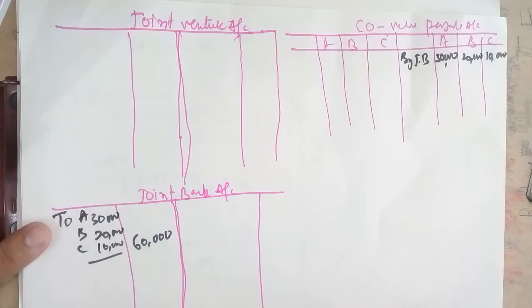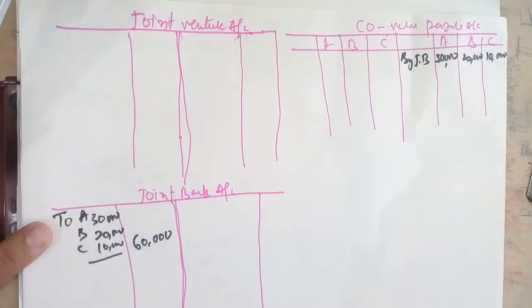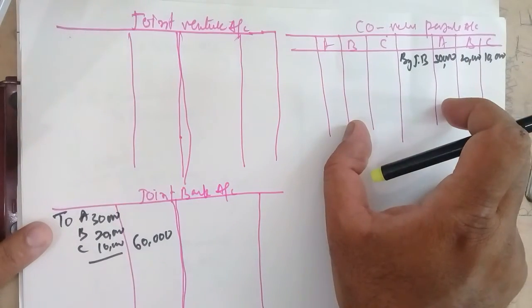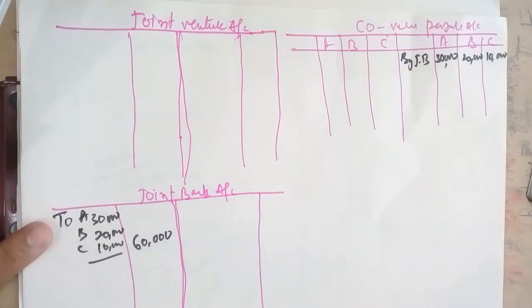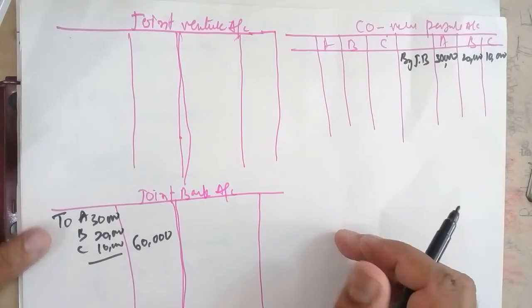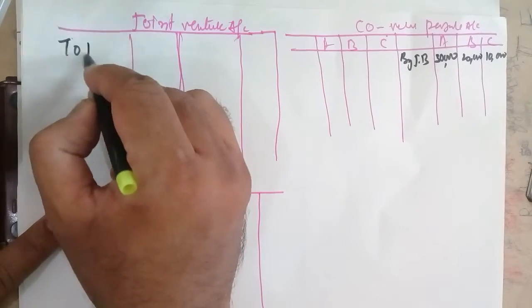Once these people have contributed the money, which is debited in joint bank and credited in their personal accounts, now they are purchasing machines. Purchasing machines for the joint venture is an expenditure. So expenditure should be debited in the joint venture account. The entry would be joint venture account debit to joint bank account. As I told you, everything should be routed through these three accounts only. Whenever a share comes, we can open a new account, but amounts will be routed through this account. So joint venture account debit to joint bank. We are purchasing machinery and making the payment from the joint bank account.